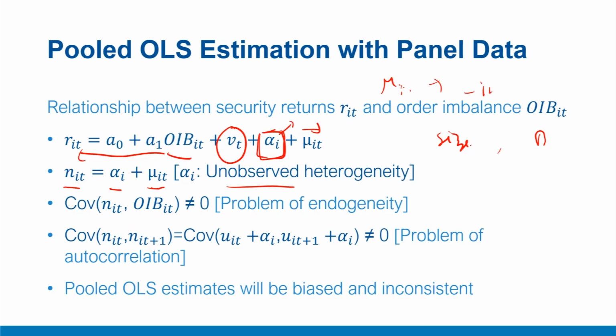Usually, if you recall the regression modeling, this would be modeled through some kind of assumption about distribution like normal distribution. Now the problem is this new error term, which is eta it, carries alpha I, which is more specifically a property of security I, and therefore with a high probability it is correlated with order imbalance term, because order imbalance also may vary with security to security. For example, size. Now alpha I may represent the effect of size on return, but also depending upon the size, the OIB may also differ across security.